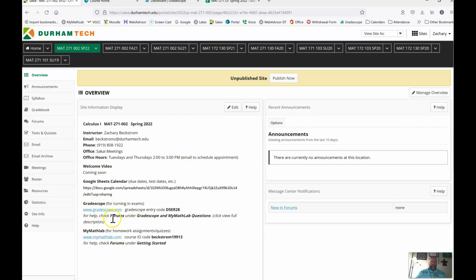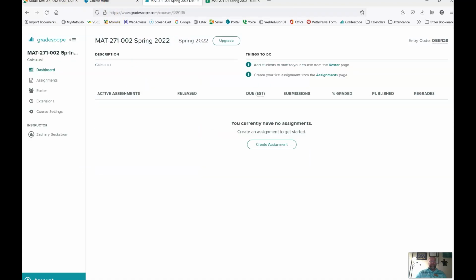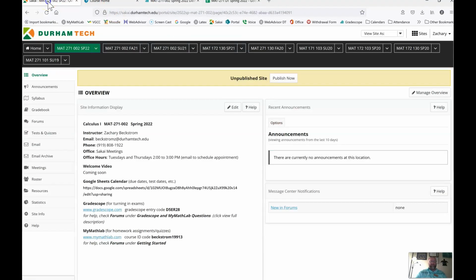All right, so the next thing is Gradescope. Now we will be using Gradescope, which is a website. It'll look like this right here. I've already set up a class for it. And we'll be using this for the first and the third tests only. There's going to be 3 tests and a final exam. So the first and third test will be done through Gradescope. And this is where you're going to take the test on your own.